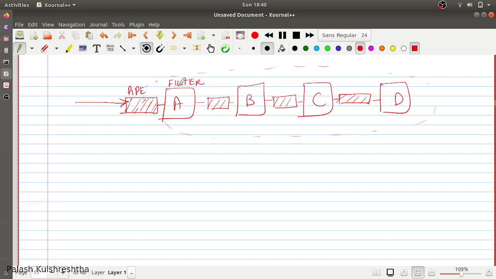Filter is synonymous to a particular task, and pipe is synonymous to a messaging system. Pipe helps in buffering and controlling the rate at which a service or task is being done. And through this, you can also create multiple services A or multiple tasks for A. For example, if